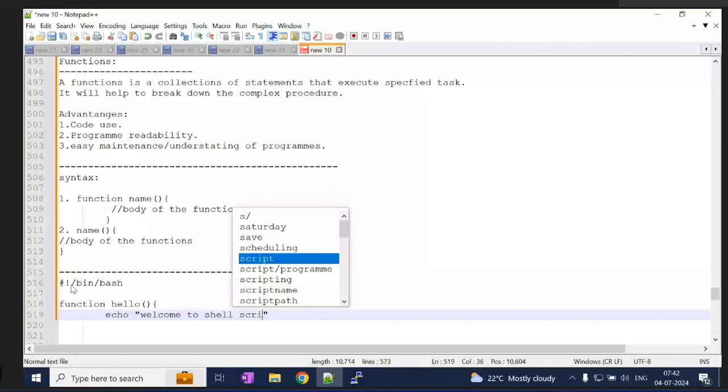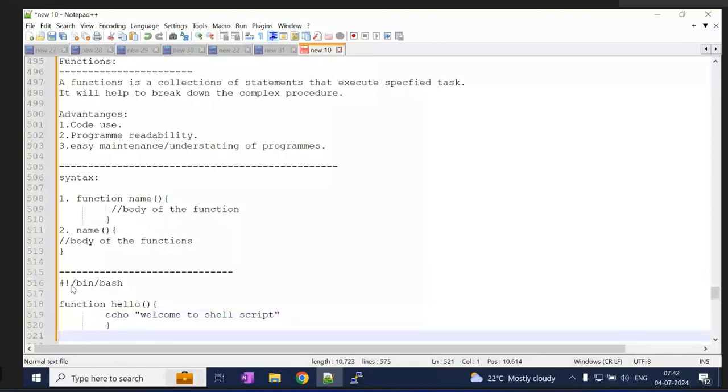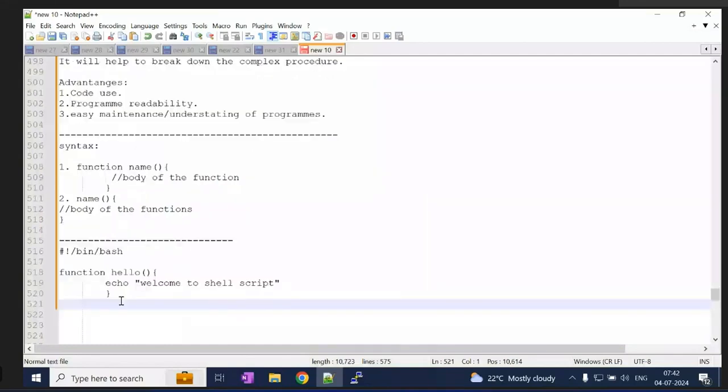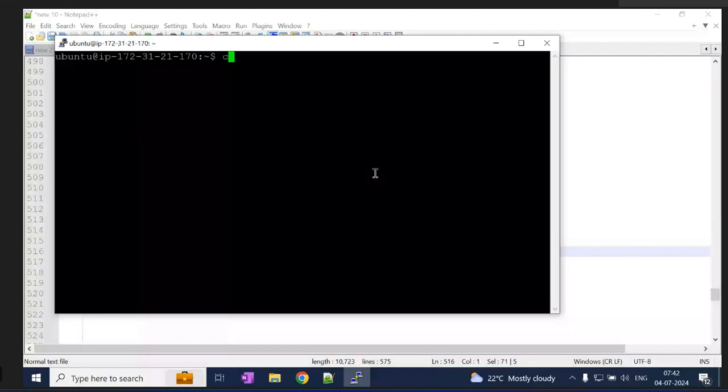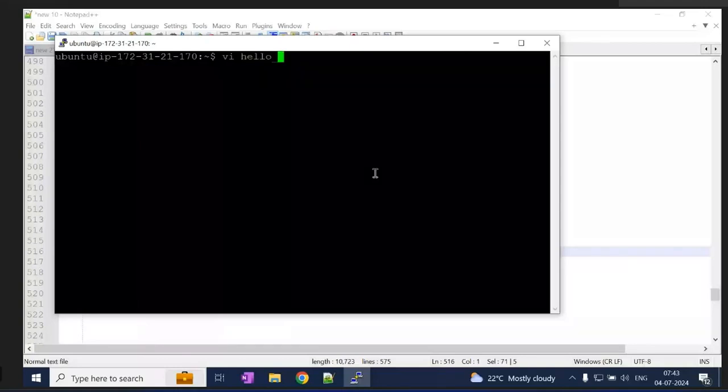Till this point, if you want to execute this, I'll copy this, cd, and let's execute here only. The program name is hello functions.